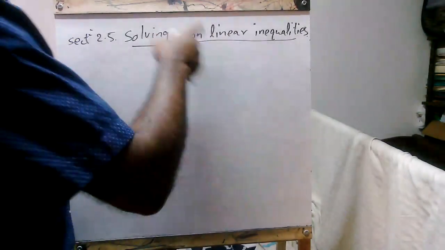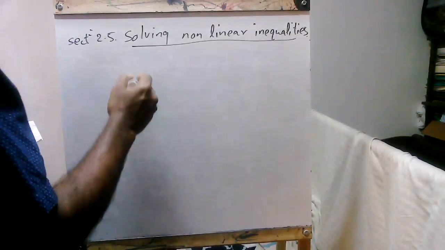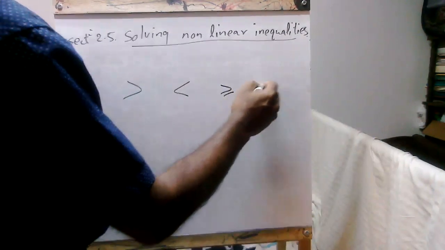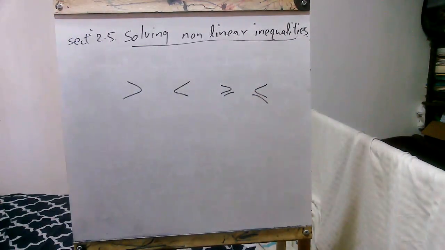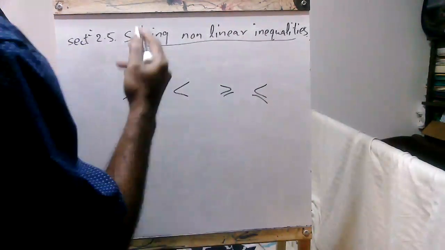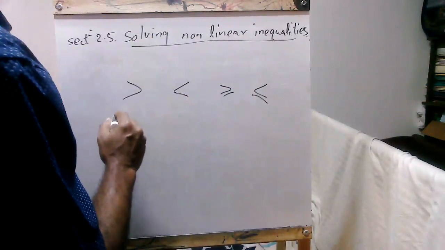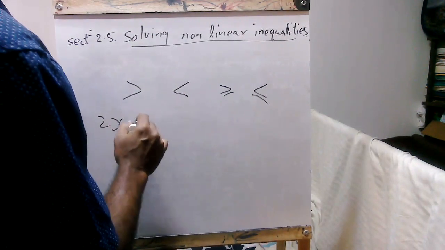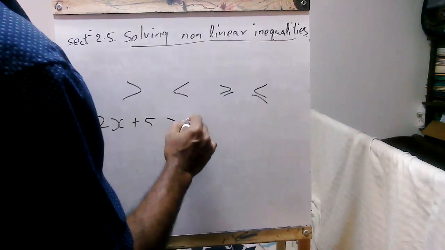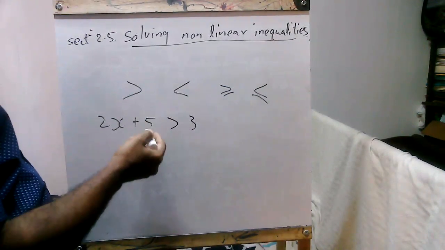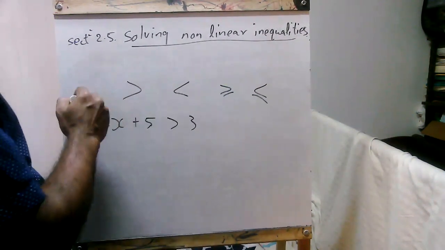You may wonder what inequality means. This sign, right? Now, what is a linear inequality? Again, same thing. If the highest power of x is 1, it's a linear inequality. Then, if you have this linear inequality,